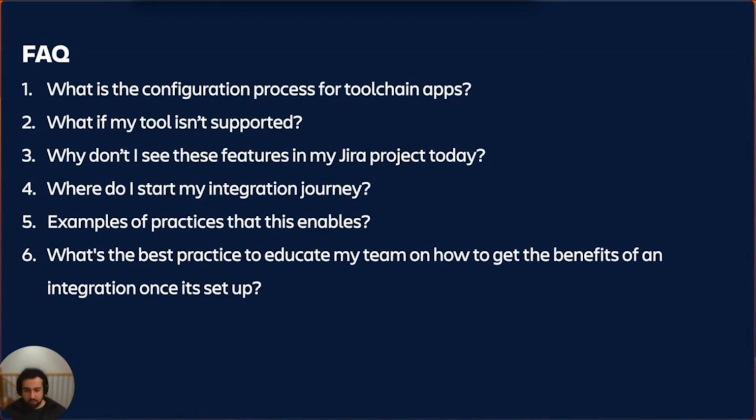Number 6, what's the best practice to educate my team on how to get the benefits of an integration once it's set up? I can totally understand this question. I know it can be a lot of work to go and set up an integration, and it can be really discouraging when it's hard to get the message out, especially if you're in a larger organization, for how to get that going. What I recommend is that once you set up an integration, there's a lot of really great